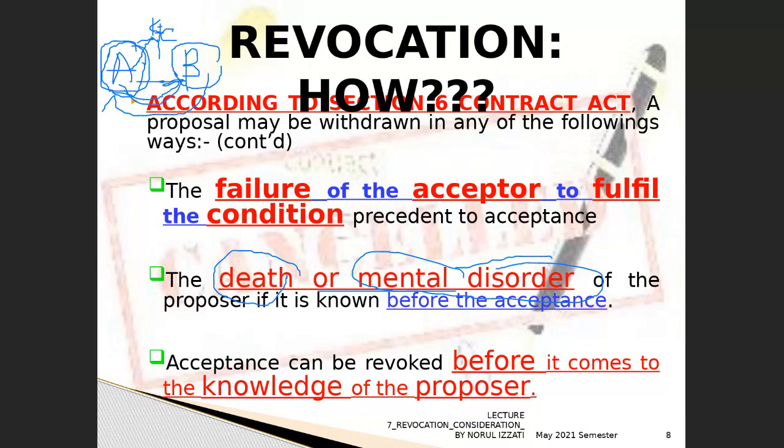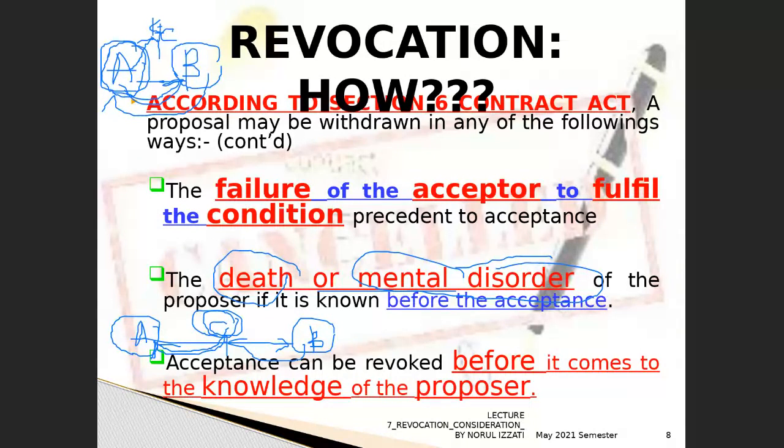Okay, for the last scenario, I give you one example. Let's say A is the offerer, B is the offeree. A is giving the offer to B, and then B appoints C to give the letter of acceptance to A. Let's say B would like to revoke and sends the letter to C. In order for B to have a valid revocation of the acceptance, B has to make sure that B takes back the letter from C before C gives the letter to A, because C is like the agent, or representative, responsible for sending the letter to A.